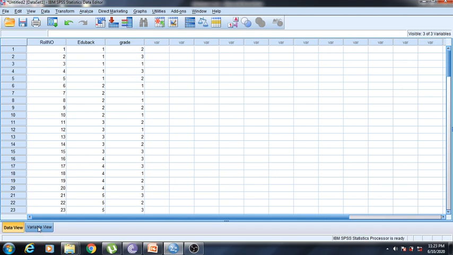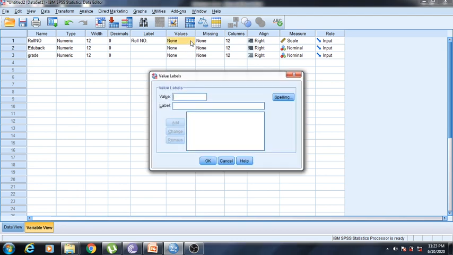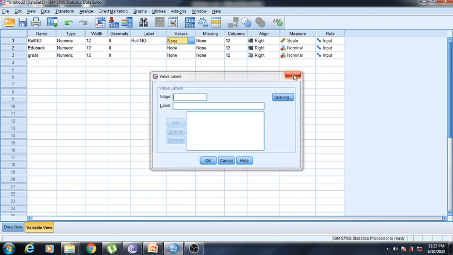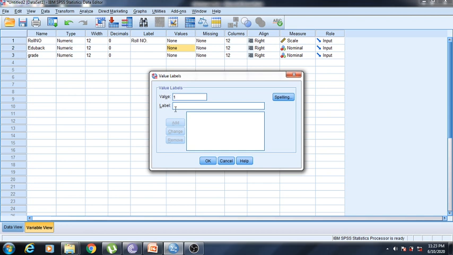Now we'll go to variable view and define the values. Sorry, it is roll number, so we need not write anything. We'll go to educational background. In educational background, 1 is equal to BCom, 2 is equal to BE, 3 is equal to BSc, 4 is equal to BBA, and 5 is equal to BA.